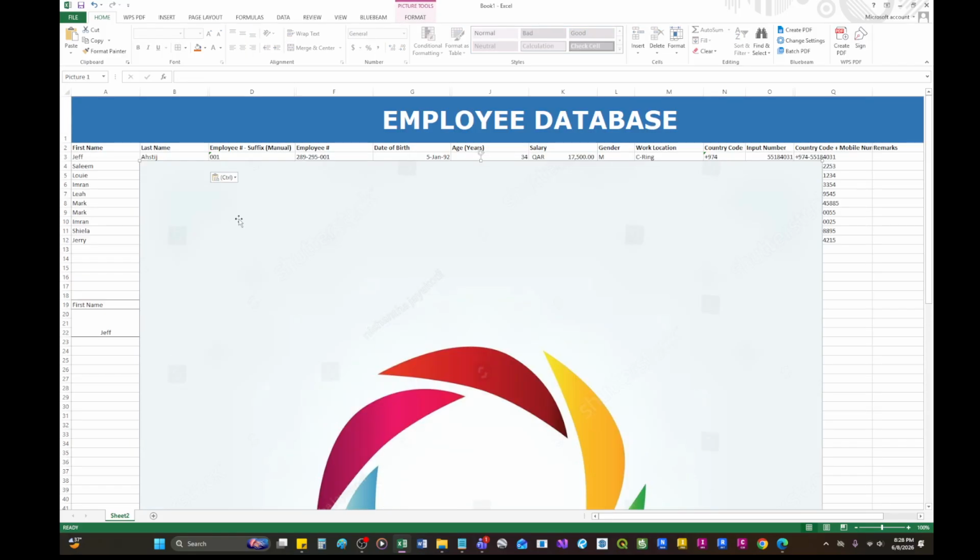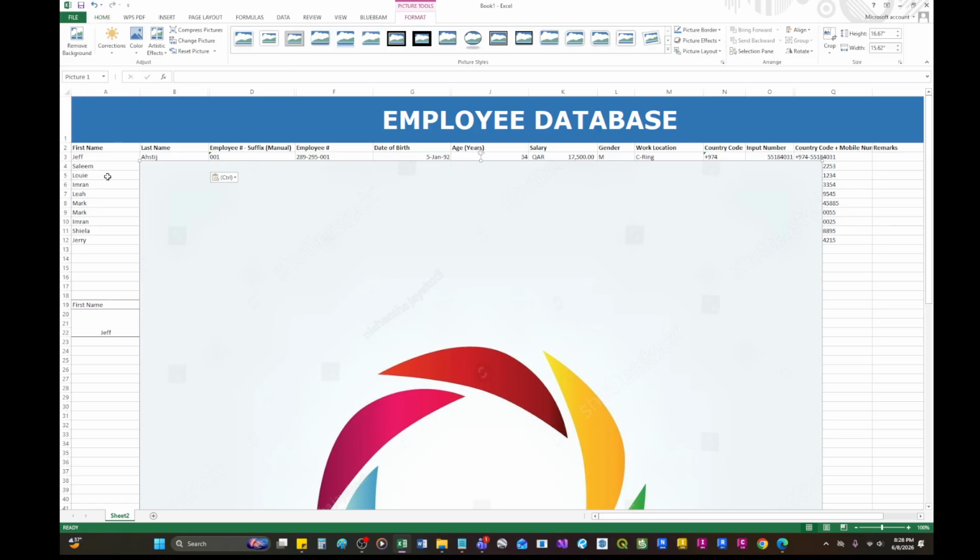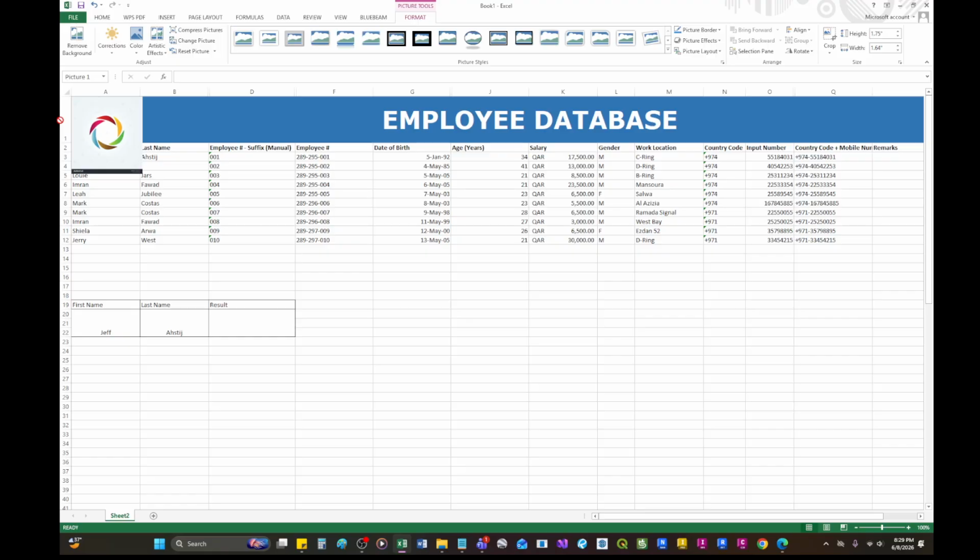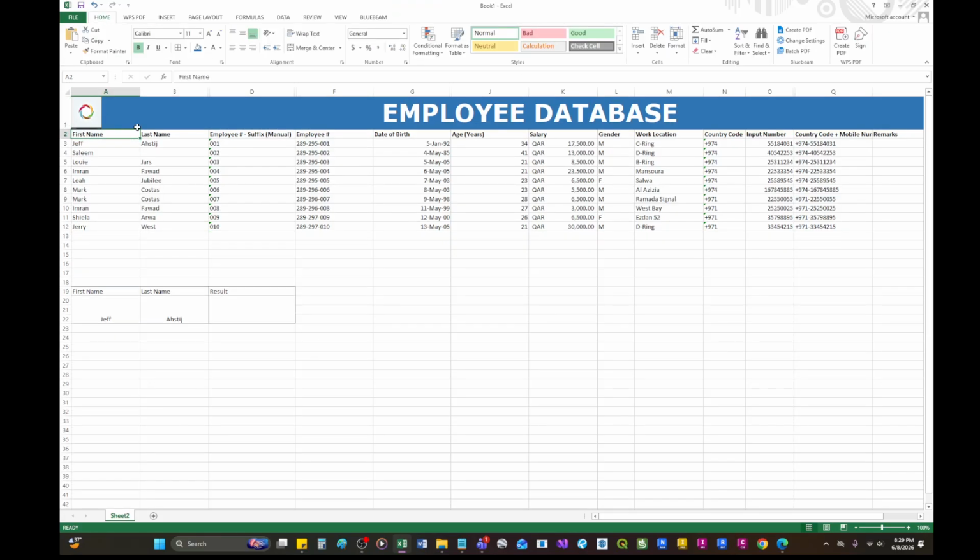Oh, it's too big. If you would like to adjust this one, usually I will make it 1.5 height. Just double click the picture, and then these options will appear. So make the height maybe 1.5 or 1.75. So I think it looks good now. So I drag it here. So I think I want it to be smaller, 0.75. So I think that's fine. So that's it. And this one, we do not want it to be very long.